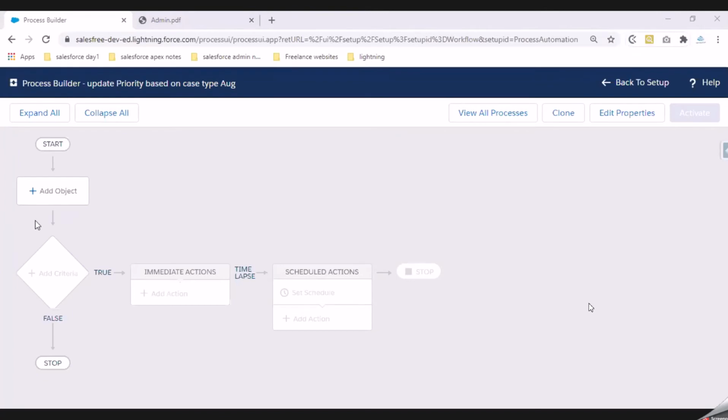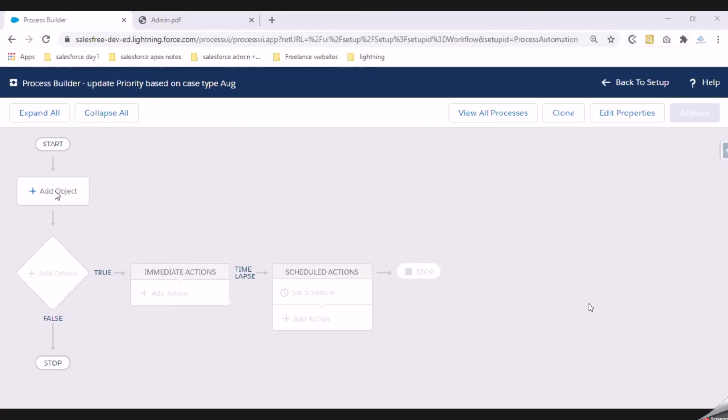Now how this structure is helping us configure things is what we'll see. But a few things we need to notice: when I created that process builder, I did not tell the system on which object I want to do this process, or on which records to execute.